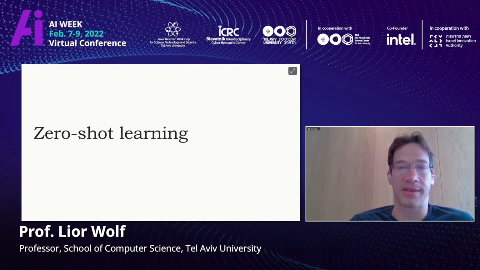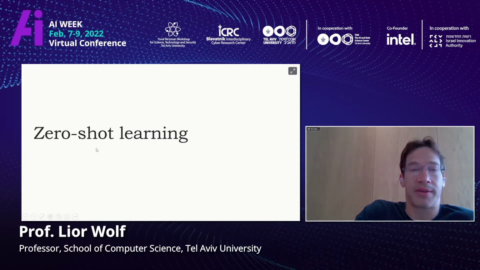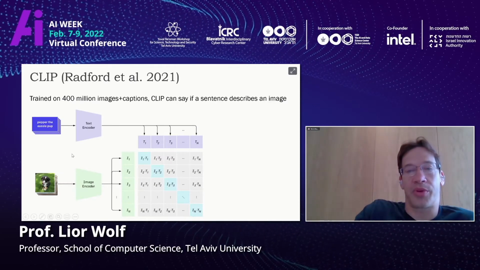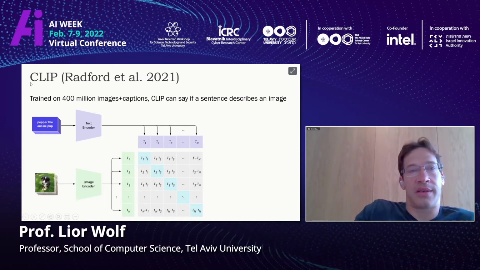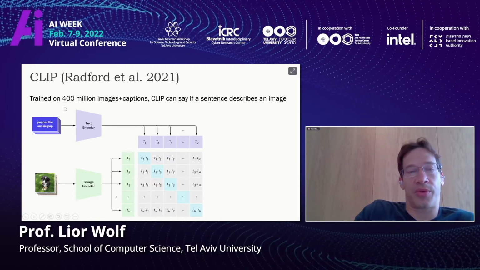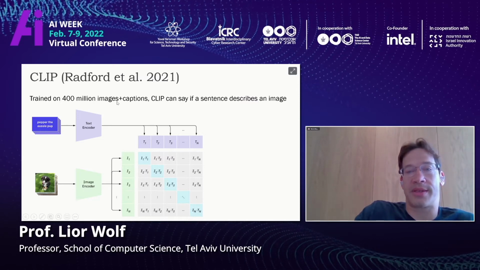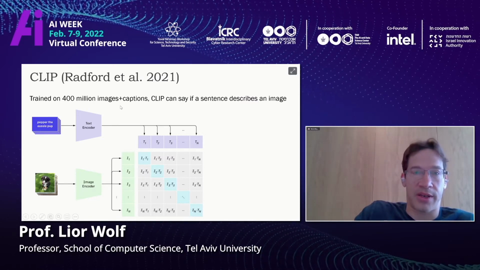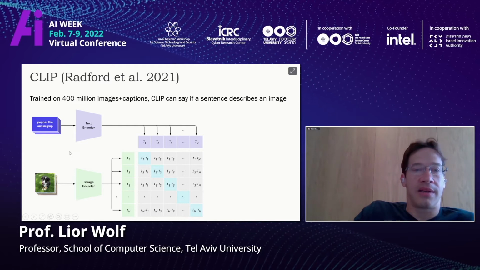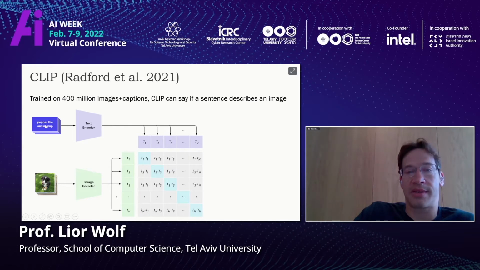This is something that is cool, but yet very accessible and easy to understand. The powerhouse for zero-shot learning in computer vision is a network called CLIP. This is by OpenAI, a very powerful network. It was trained on 400 million images together with their captions. So you basically go on the internet, you look for images and the sentence that describes the images. And then you build this huge matrix that for every image matches it with a sentence.